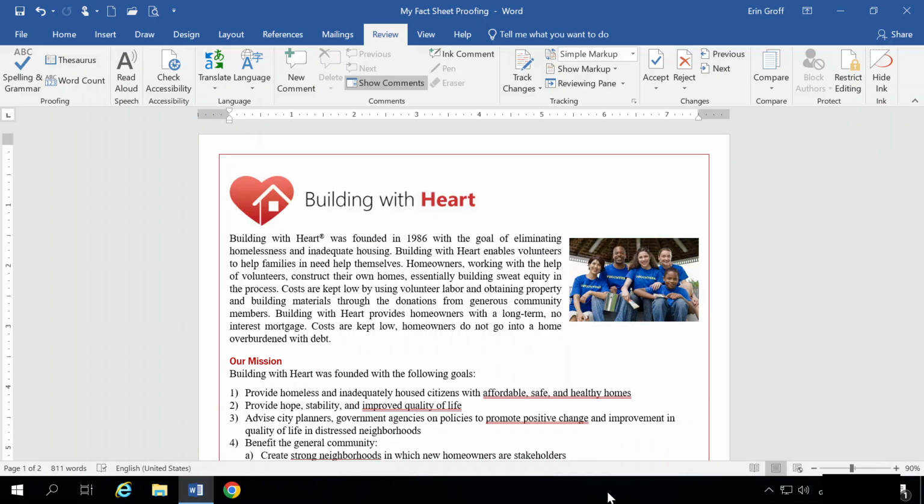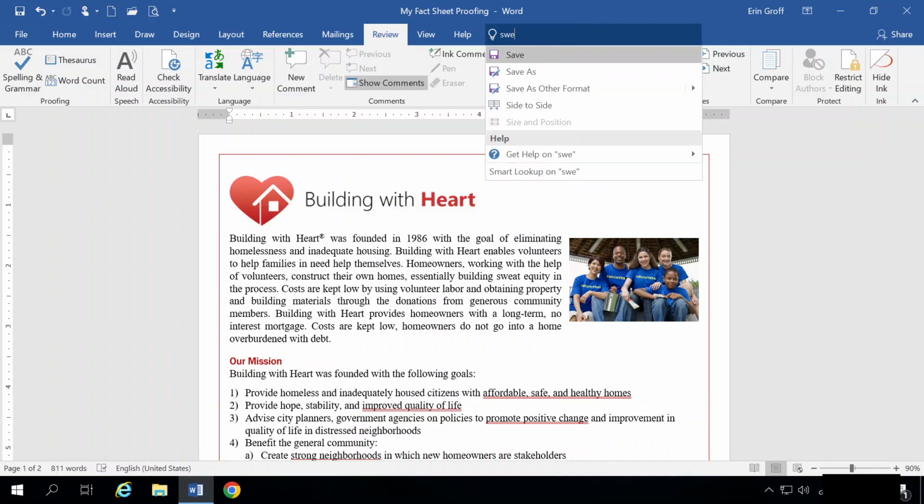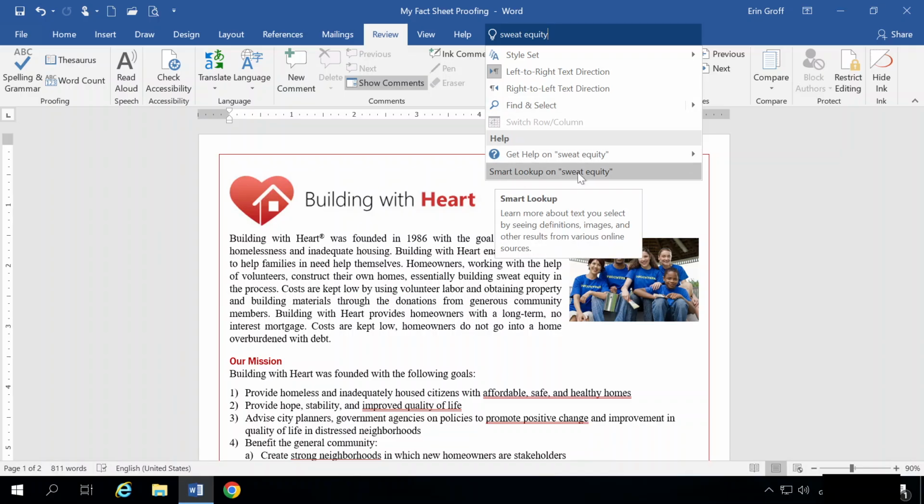Number 1, look up the phrase sweat equity on the web. Now, Smart Lookup does not work in Word anymore. They have done away with it. The option is still on our ribbon, and it's also in our Tell Me box. If we type sweat equity into our Tell Me box, you have the Smart Lookup at the bottom here, but when we click on it,